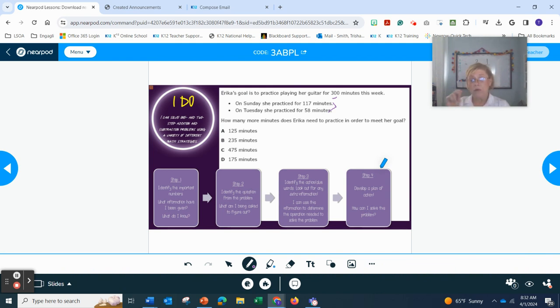I want to quickly cover another strategy that half the class typically takes, where you take the 300 because you know that's your total and you just subtract down. You can do that. Just make sure that your math is correct. You have to make sure your math is correct either way. So if you know that's what you need to do, you use that whole amount, and you just have to find how many more minutes Erica needs to practice. You can do the 300 minus 117,